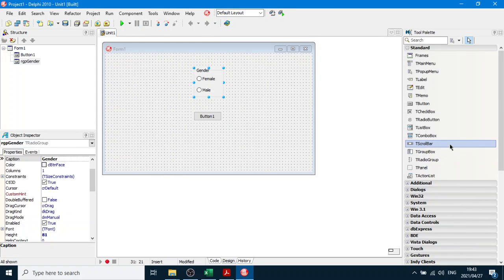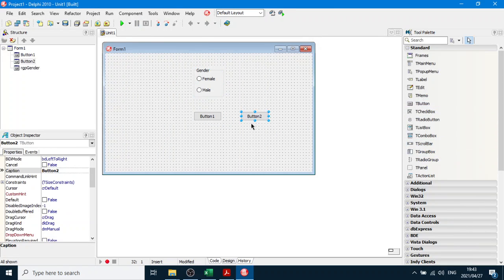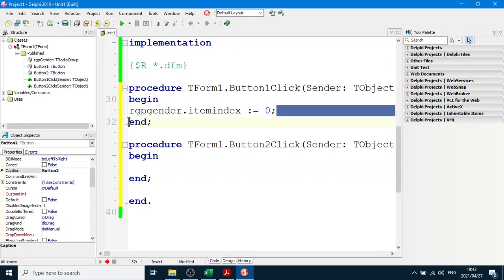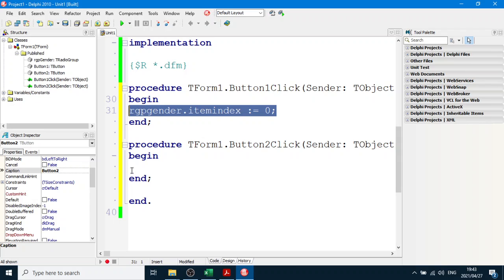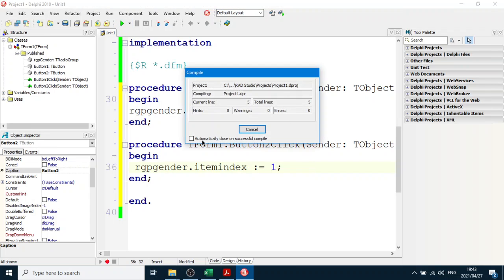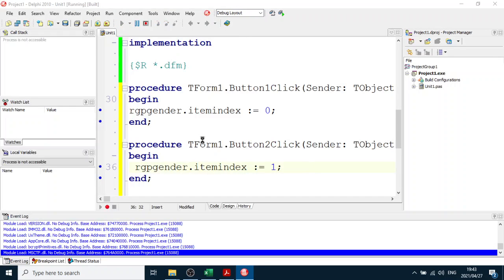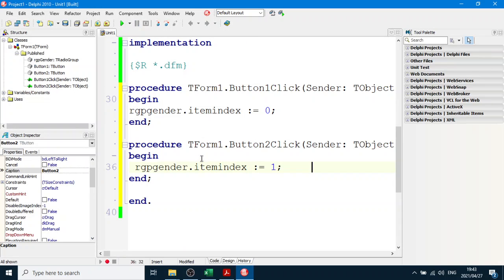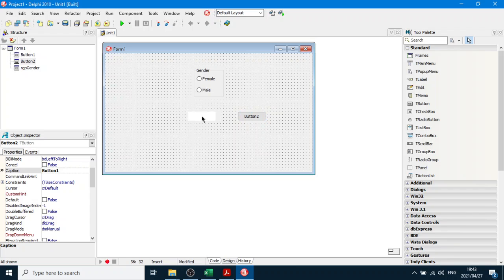If I set the item index to 1, I'll use another button to do that. So I'm going to take my code, RGP gender.item index, and I'll set it to 1. And I'm sure you can guess what will happen. Run the program, and I'm going to click the other button. You see male is now selected. Just to demonstrate that the item index is the property of the radio group box that we use to see